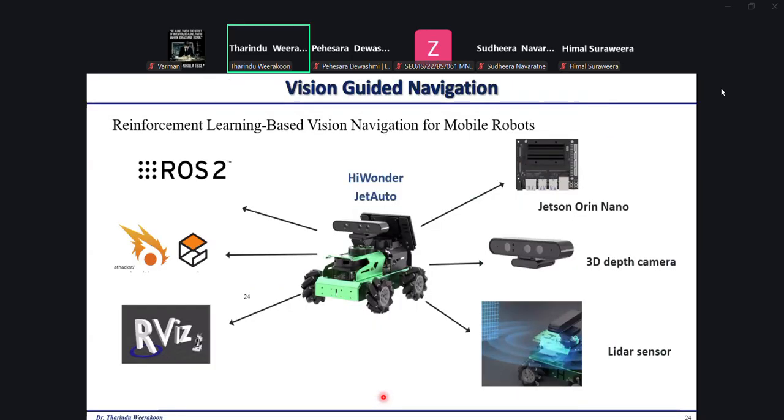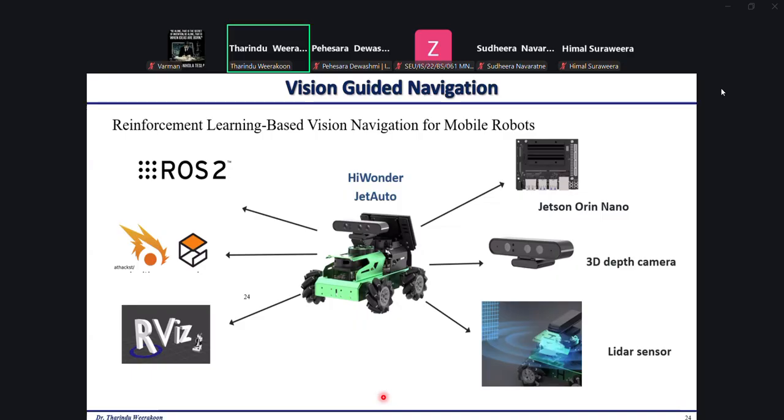And this is the platform we used, Jet Auto, which is an AI robot, a little bit costlier one. It has ROS2, Jetson onboard, with depth sensors, LiDAR, and YOLO as well.